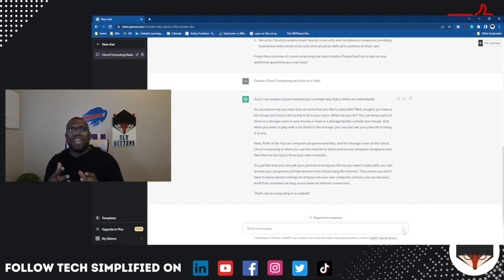Look how simple that was to understand what cloud computing is, because you understand it now since it was so simple. So I leverage this during my training when I'm trying to take a complicated topic and simplify it. Or to give you a better example, I'm studying data and AI and generative AI, and some of the concepts elude me sometimes. So I come in here, take a paragraph or something I'm reading and say, take this and rephrase it as if I was a child. And it does. I get the same context, but now I can absorb more content faster.